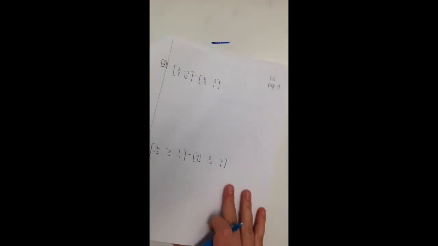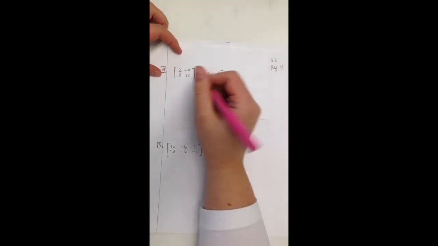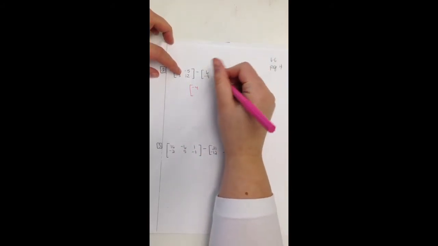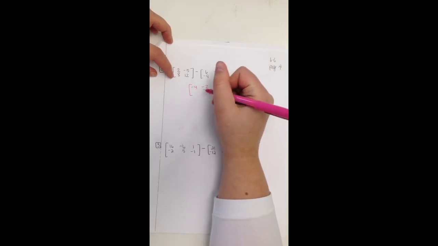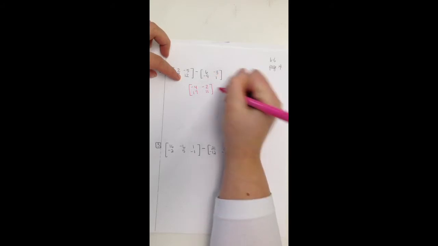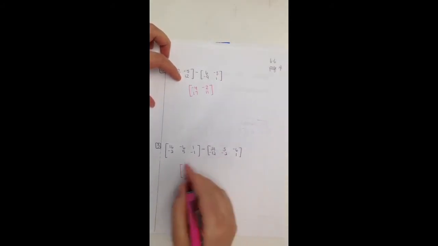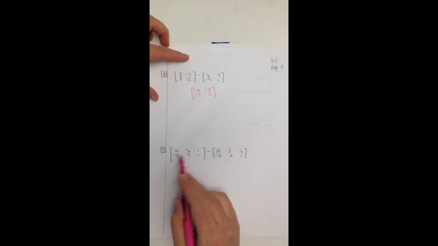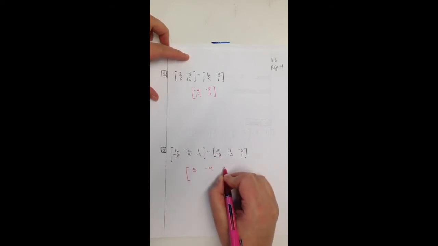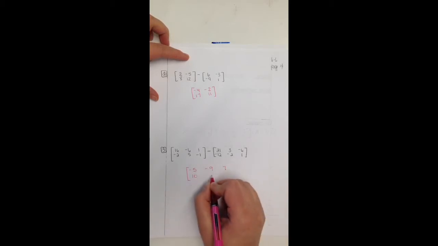All right. There are 2 more examples on the next page. Pause the video, go ahead and try them on your own, come back when you're ready. Okay, 2 by 2s, so we know we're going to get 2 by 2 back out. Negative 4, negative 2, 17, 11. Down here I have a 2 by 3, so I'm going to get a 2 by 3 back out. 16 minus 21 is negative 5, negative 9, 7, 10, 7,